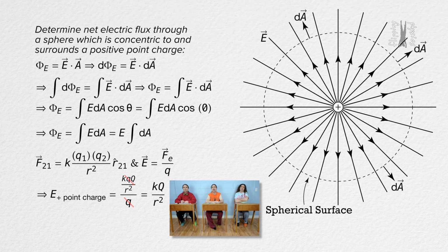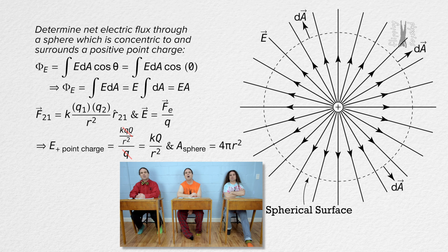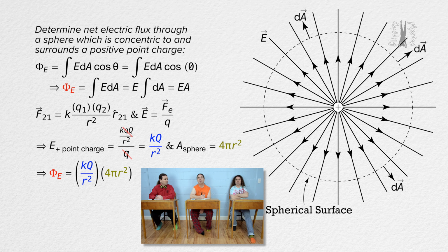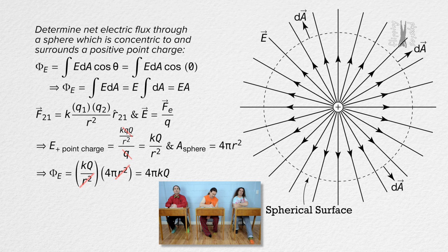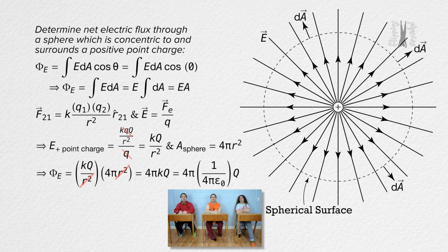Okay. The integral of dA is A, the area of the concentric spherical surface. The surface area of a sphere equals 4 pi r squared. We can substitute in the equation for the electric field which surrounds a point charge and the equation for the surface area of a sphere into the electric flux equation. The square of the distance from the center of the point charge to the electric field cancels out, and that looks good to me. We also know the Coulomb constant equals the inverse of the quantity 4 pi times the permittivity of free space. 4 pi cancels out, and we get a more elegant answer.